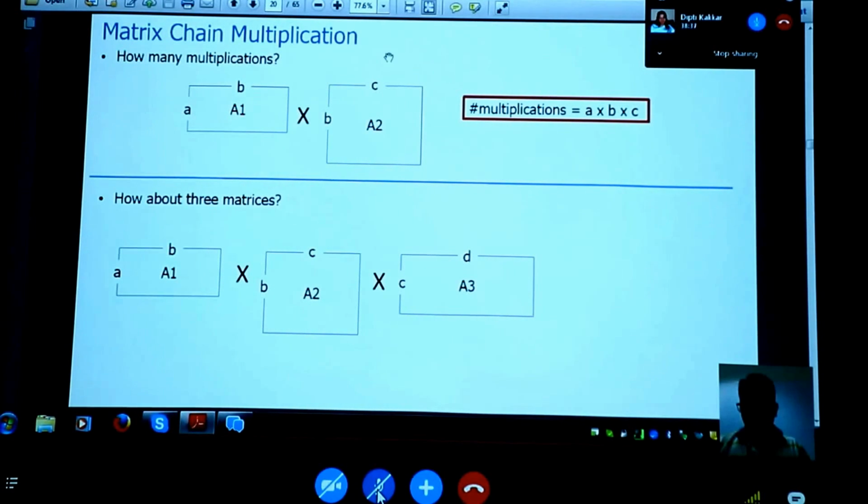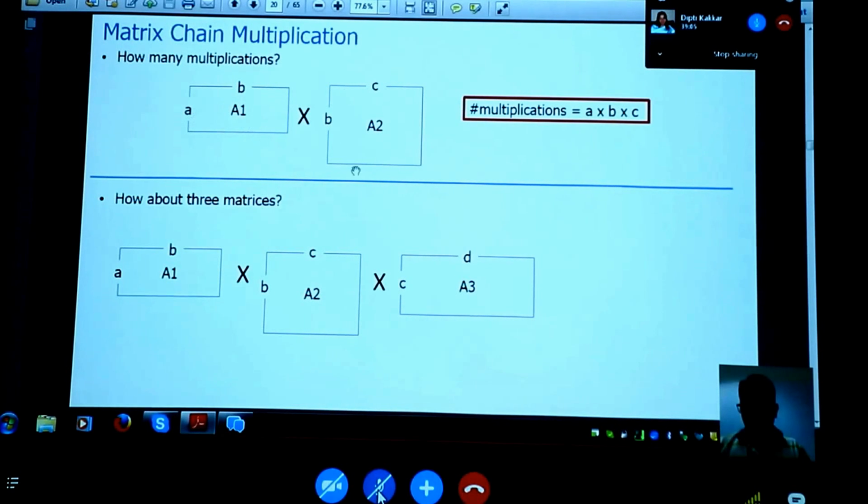So you have to do the following: you have to take every row and multiply by every column. So if the first matrix is of size A cross B and the second matrix is of size B cross C, then the total number of multiplications you will do is A times B times C. B is this inner product, multiplying this row by this column, and you have to do it for every row and every column. Each row-column product costs B, and there are A rows here and C columns here. So it's A times B times C. That is the total number of scalar multiplications you do. Okay. Now, is it okay?